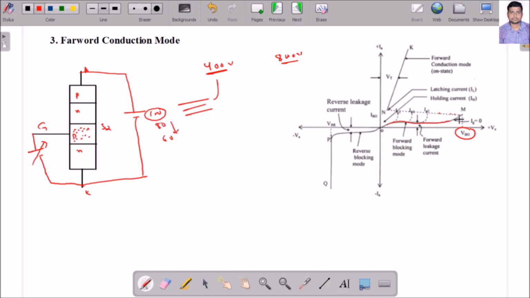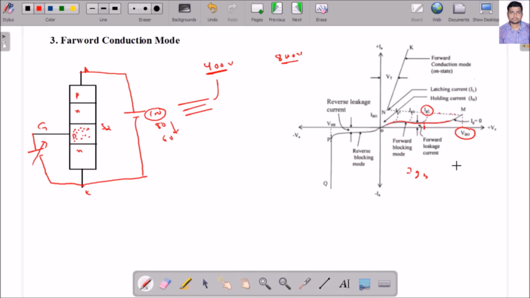so the voltage requirement will keep on decreasing. Okay. Suppose at this point I am not giving any gate signal, so what is the voltage requirement here, VBO voltage. But suppose I am giving a gate signal here, and suppose this gate signal is IG3. See, the voltage requirement is reduced. Previously it was VBO, but now the voltage requirement is at this point, so the thyristor will go to the conduction state, because I do not require the voltage up to VBO because of the gate signal. The thyristor will be turned on at this point only.